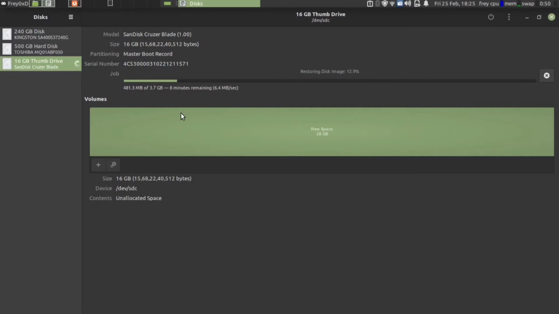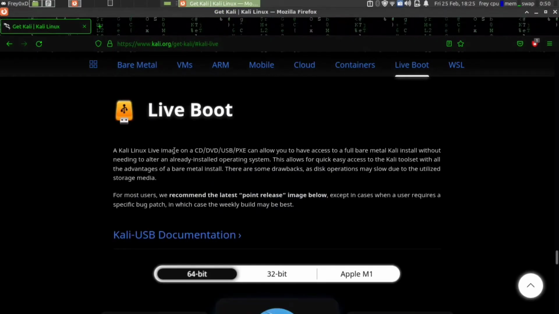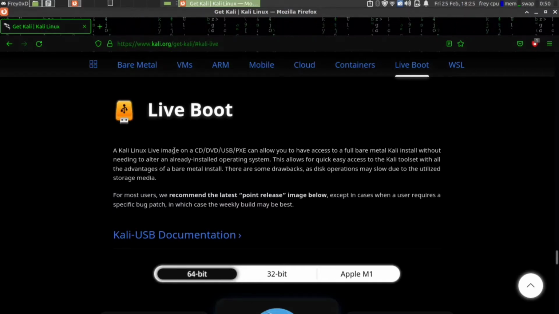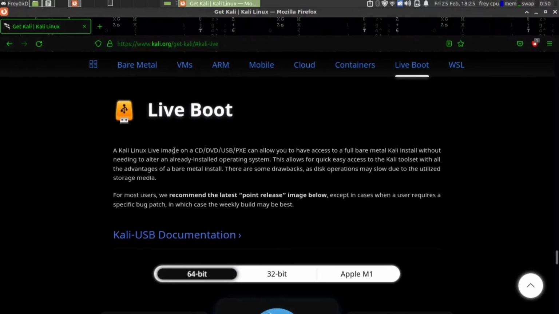Why use this live boot? Because you are not going to infect any OS. You are not going to install Kali Linux on a hard drive. It's just on your pen drive, in your pocket, and it's cool. You have all the tools installed. If you are doing pen testing, Kali Linux is in your pocket, and if you go to your school or college, you can hack any system, hack everything. So that must be cool.